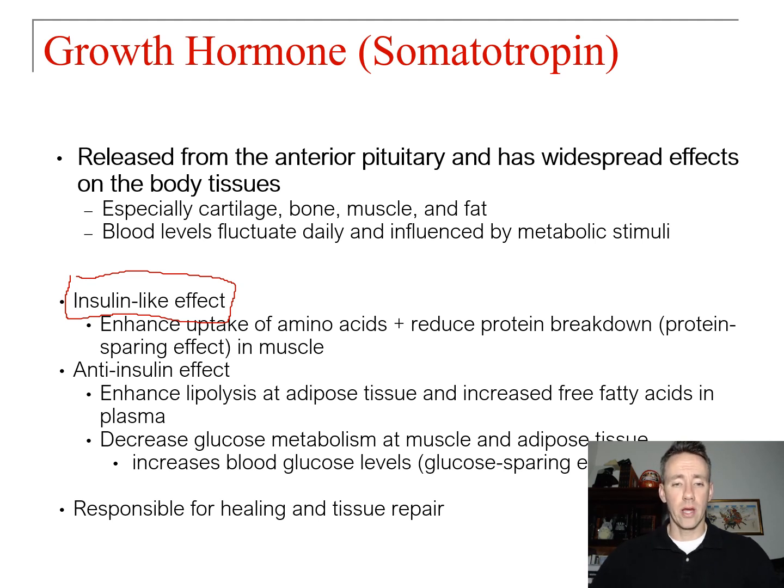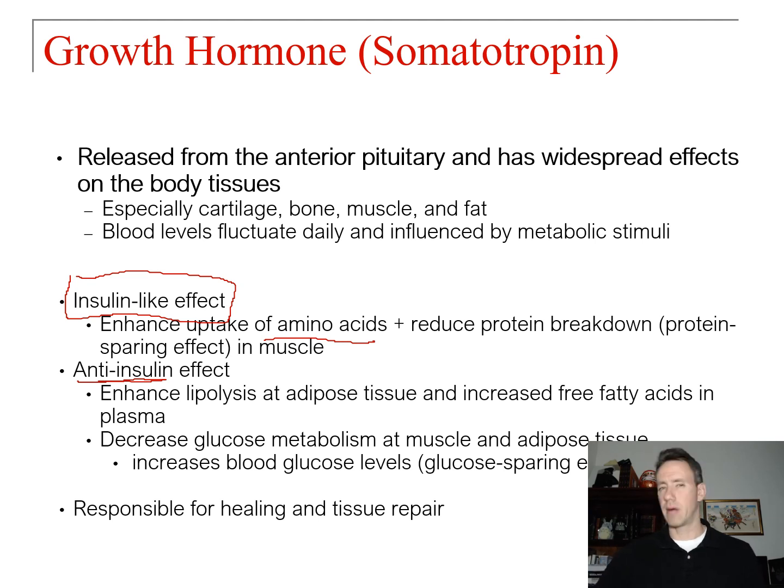And in accordance with that, growth hormone is insulin-like because it can enhance the uptake of amino acids, and especially in skeletal muscle. So it'll enhance the actions by increasing amino acids and reducing protein breakdown, and therefore helping to increase protein buildup. That would be an anabolic reaction. It's very insulin-like. Now there's the anti-insulin portion of this, and the anti-insulin would be the opposite of that, which